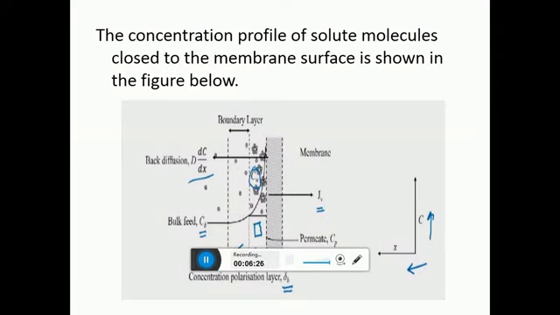See the diagram, though it's not very clear, I guess this is the same as what you have got in mass transfer. CV is the bulk concentration, CW is the concentration near the wall of the membrane, JV is the water flux, and CP is the concentration of the permeate.